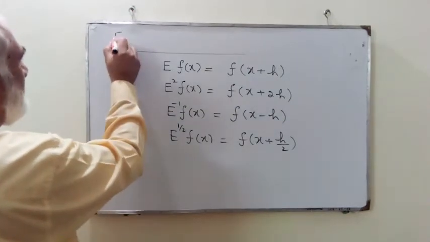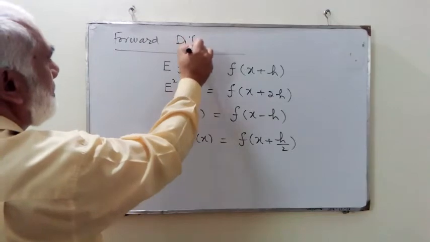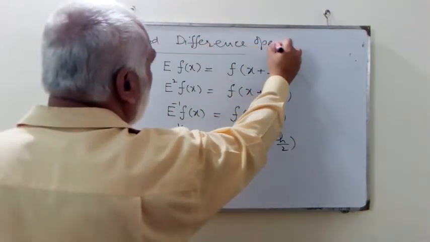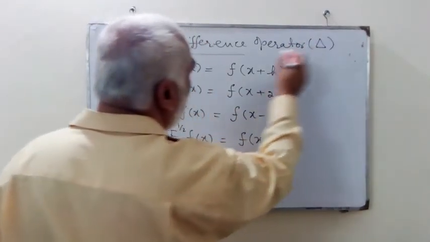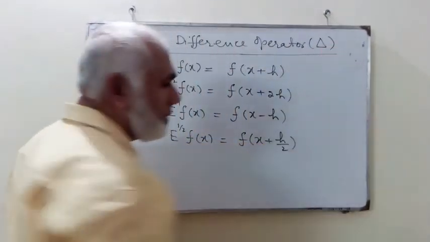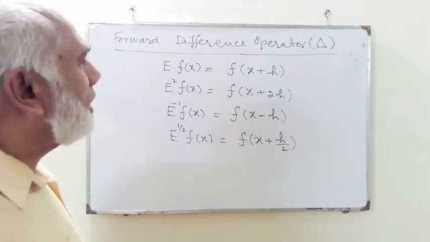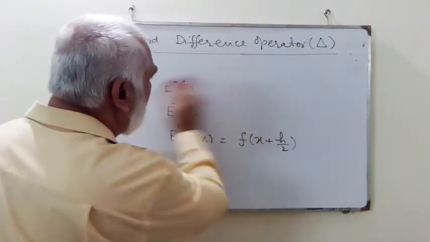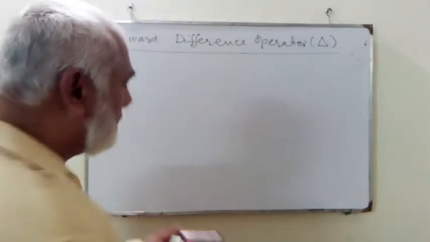Forward difference operator. The notation for the forward difference operator is a delta. This is the notation, you already know about it. Now first we define this operator. What is the definition of this operator? So the definition of this operator is